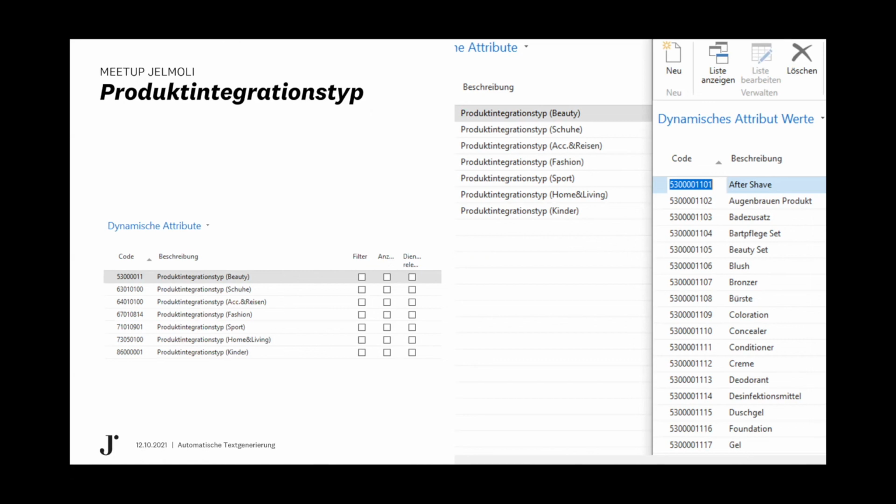Now, the next step were product integration types that we had to create. They are based on our categories, but of course, we also realized that we had to go deeper. So what is a product integration type? It's an attribute